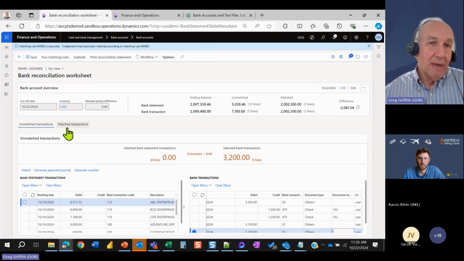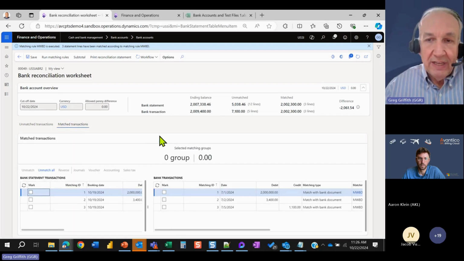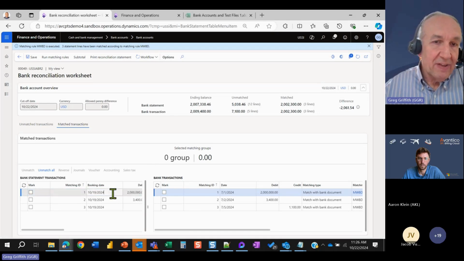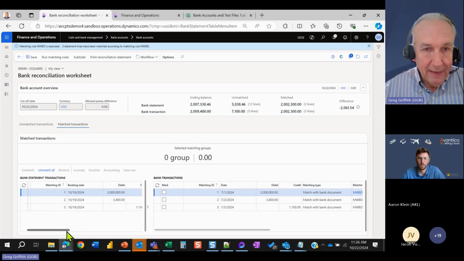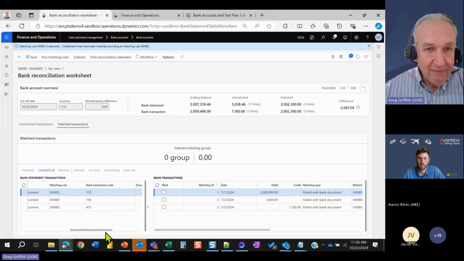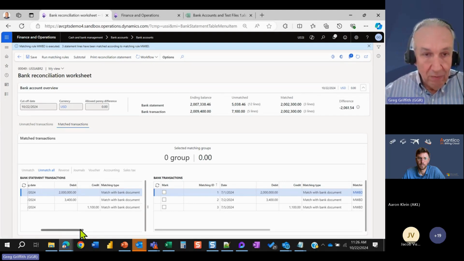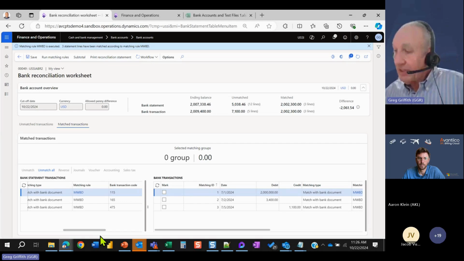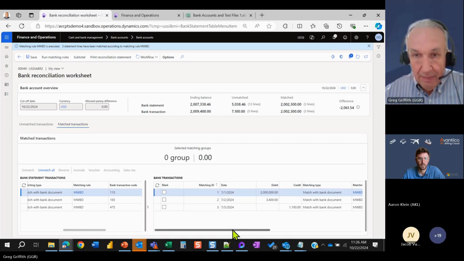So now if I go look at my match transactions, you will see I had to fund the bank account. I had $2 million go in as an equity partner type investment. Then I have a 3,400 on a 165 transaction code, which is a credit. It's money coming in on an ACH, and then it's matched to